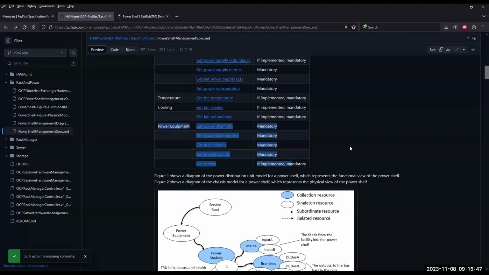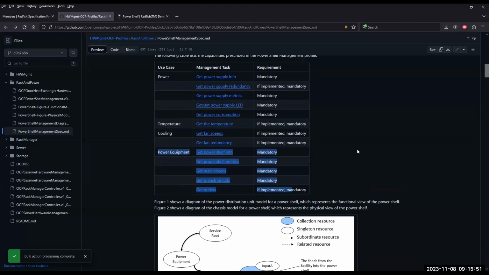I guess before I jump into the details of these use cases, does anyone have any questions or comments about what's outlined so far? One of the things we want is feedback on whether this is a good set of tasks that need to be done against a PowerShelf, whether we're missing something that most people commonly do and are not in here.